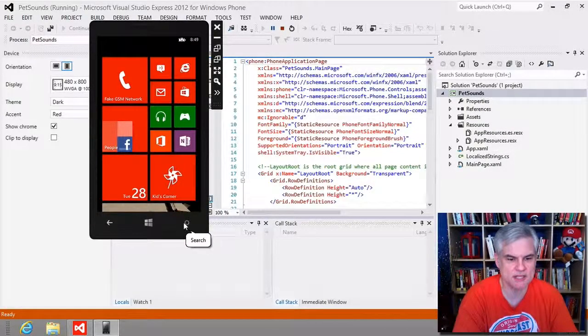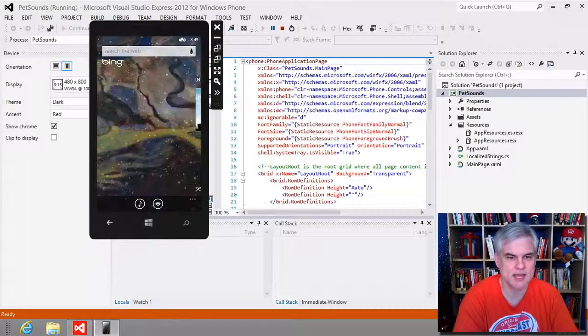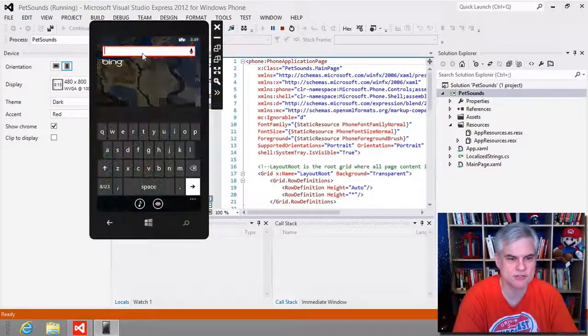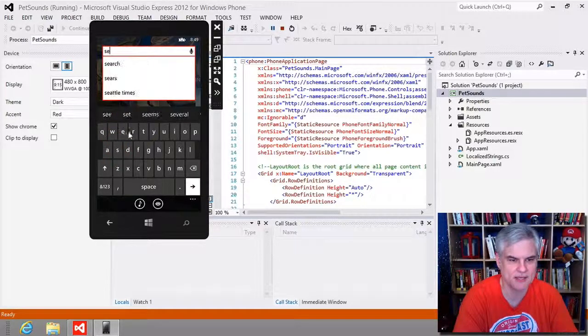Let's do this. I'm going to hit the search button. And then if you were to put your mouse cursor in the area where you would search for something in Bing.com, you'll see the keyboard pops up. And I can use my mouse to simulate typing the keys. For example, if I wanted to start typing, it obviously takes a little bit of time to hunt and peck around. And what I can do is